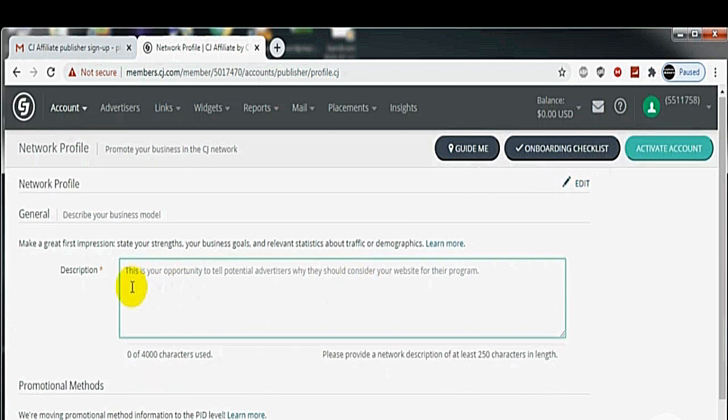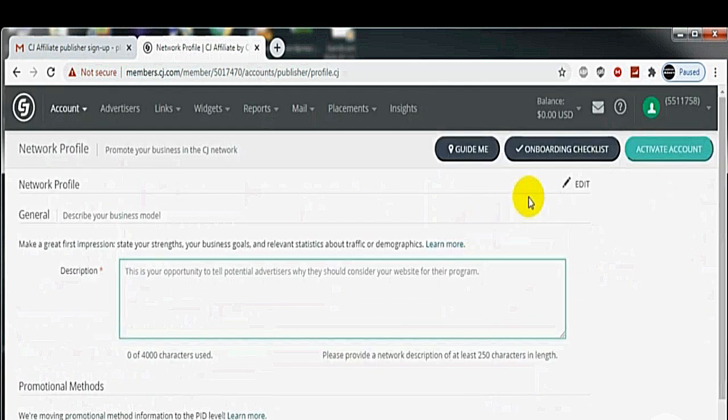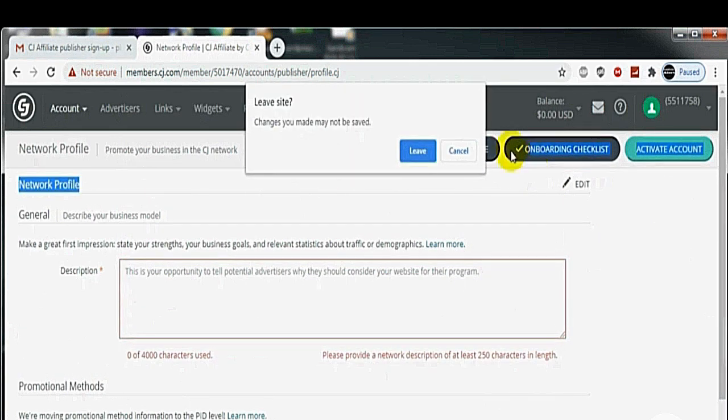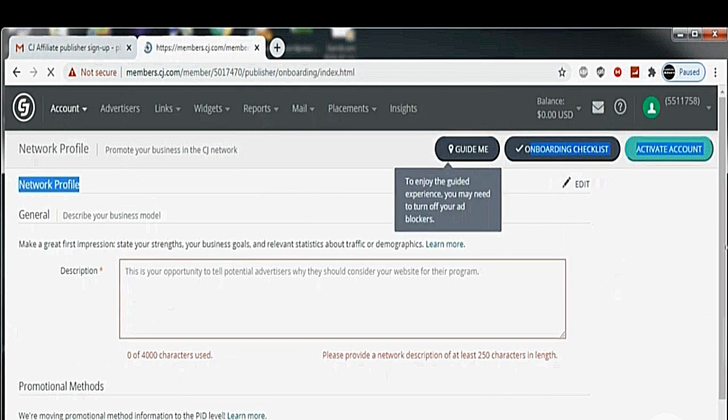Here you will have to write your strengths and your business goals. You will have to write the details so that the advertisers are attracted and will give you ads. Just fill this here, and then let's move to the next step.